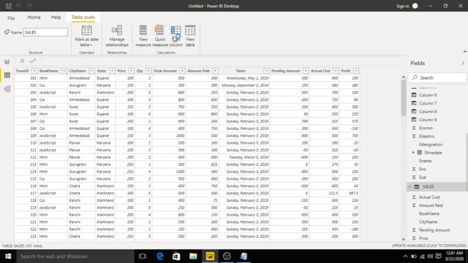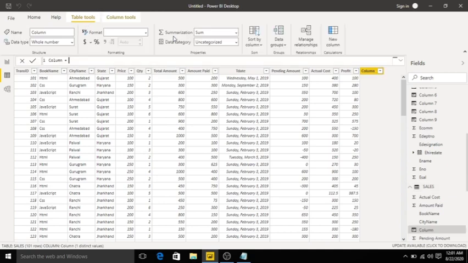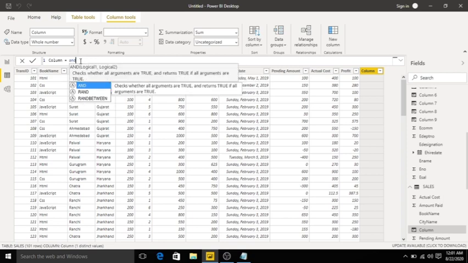Click new column. We have another function called and. And checks whether all arguments are true and returns true if all arguments are true. Like a logical one. I will take employee info of e-designation.